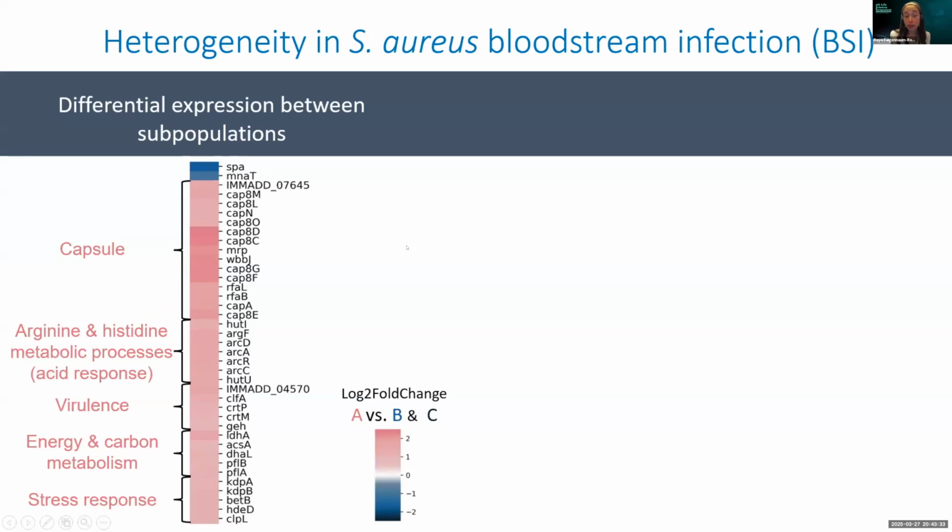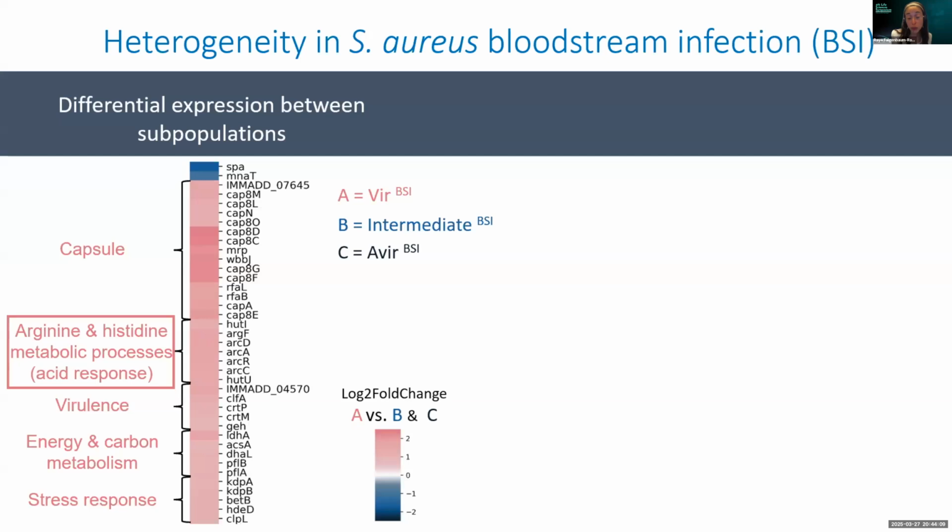Now, we were able to apply differential expression analysis to study these subpopulations. When we compared subpopulation A versus B and C, we saw an elevation in the A subpopulation of capsule genes and other virulence factors of Staph aureus. So we named the A subpopulation the virulent one, B was in the intermediate state, and C was the avirulent subpopulation. We notice an elevation of arginine and histidine metabolic processes that are linked in Staph aureus to acid